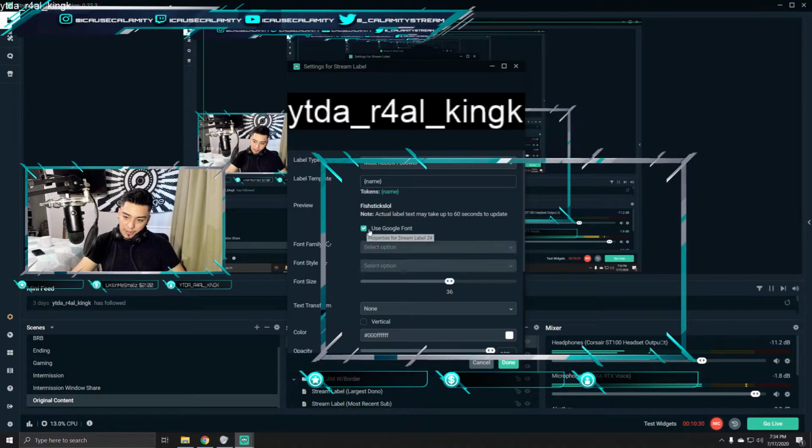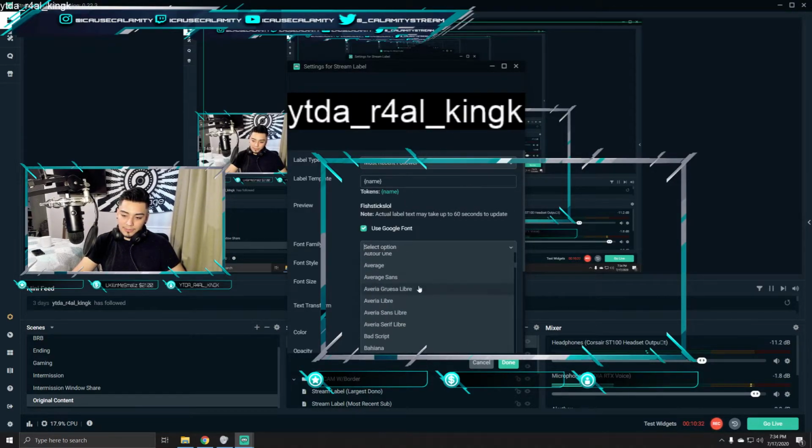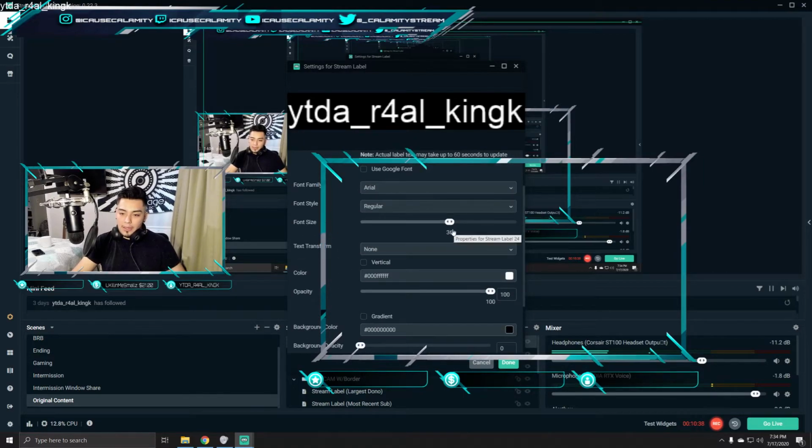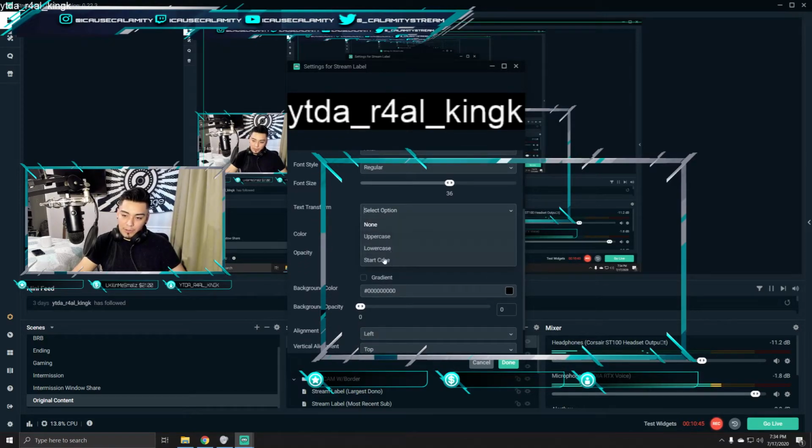You want to use Google font. That way you have more options to choose. And you're going to want to make it congruent with the rest of the stream. It just looks really presentable that way. You can change the font size. You can always resize it with dragging the mouse. Text transform if you want to make it all uppercase or lowercase. You know, just to fit the theme of your stream. You can change the color of this as well, and you can change the background